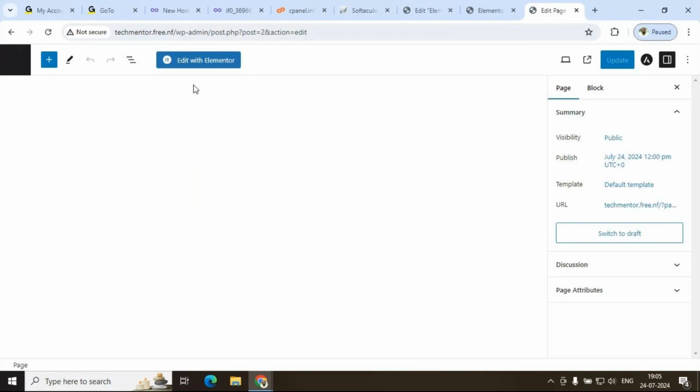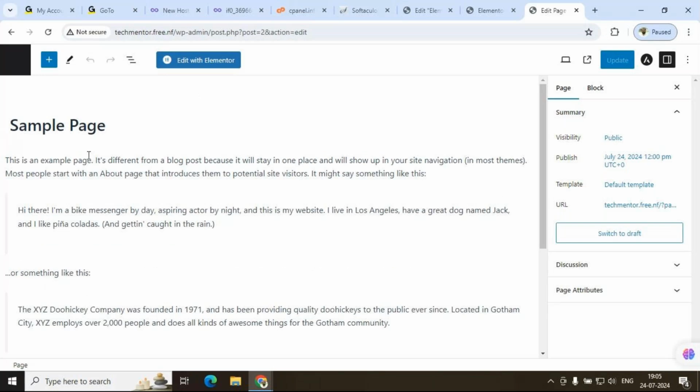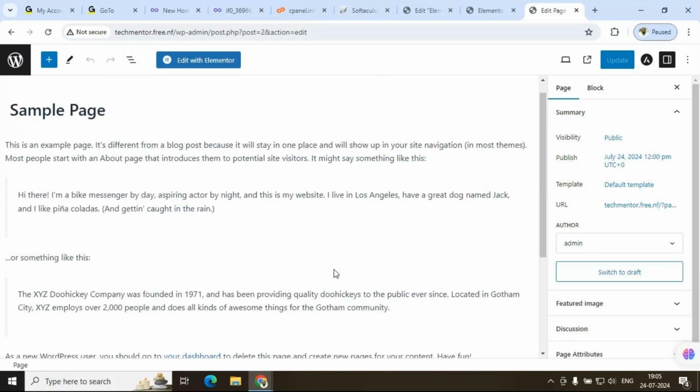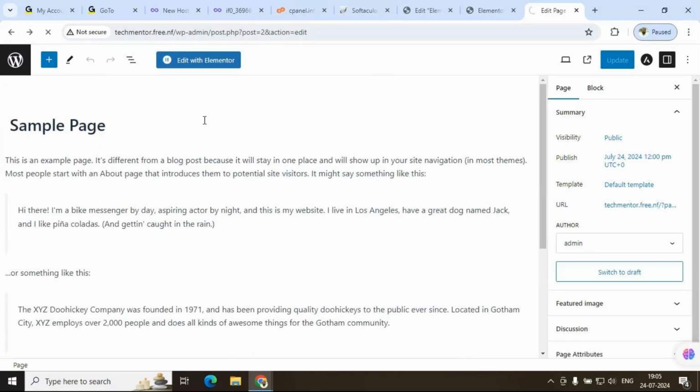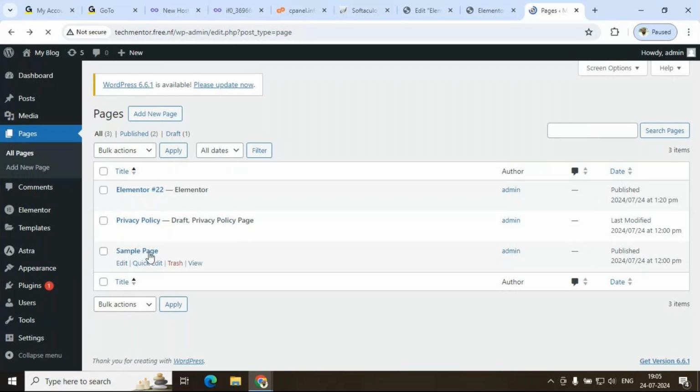When you click for edit, it's not going to be Elementor. So it's a sample page, what you can see. So again come back. So here itself, if I wanted to edit, so select and click this, sorry,